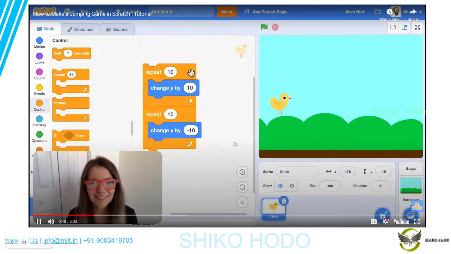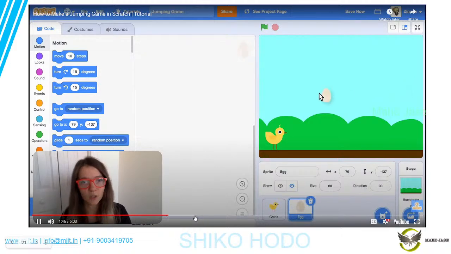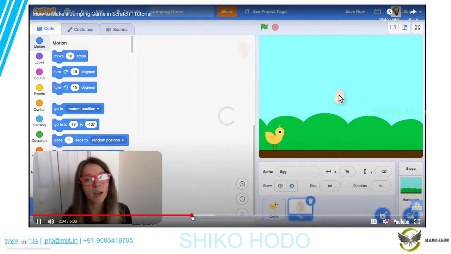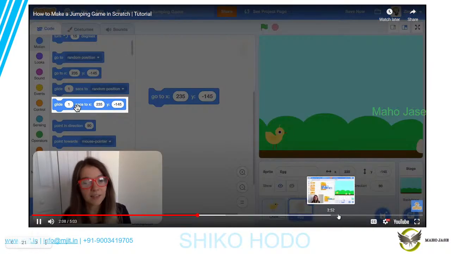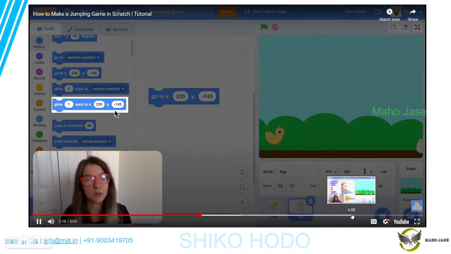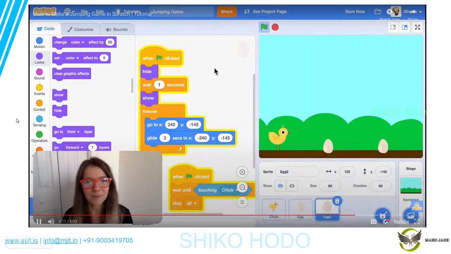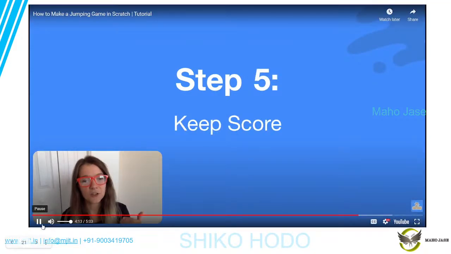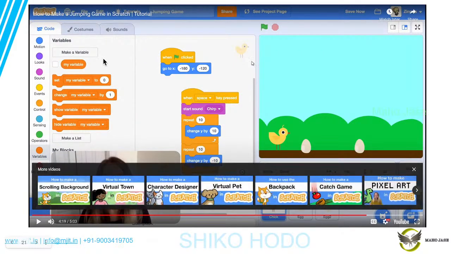is to place Nice. some It of would the be fun coding for the so character that to it jump could move when we up press the and space down. key, so we can add the So I would when just space skip key this. pressed block on the screen to this side of the screen, so side to side, and then to make the egg glide across the screen, we can use this block, glide to XY, which makes the sprite glide smoothly to a certain show once it's So done see waiting. here, all the code is That being looks much better. dragged And on down. lastly, let's add a score so the player earns points every time they jump over the egg. To do this, let's make a variable. In Scratch, you can use a So see here,